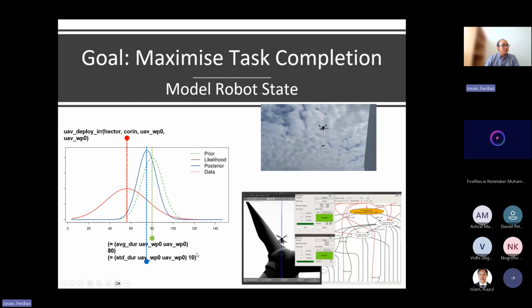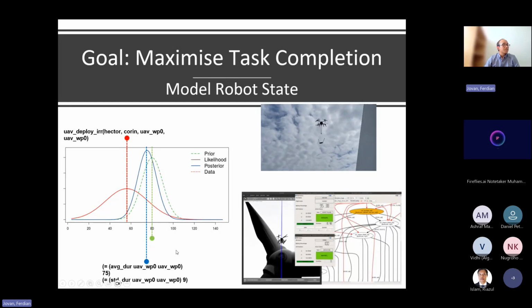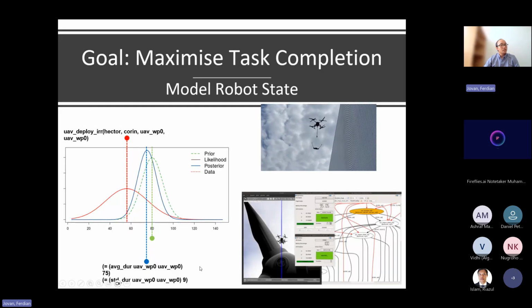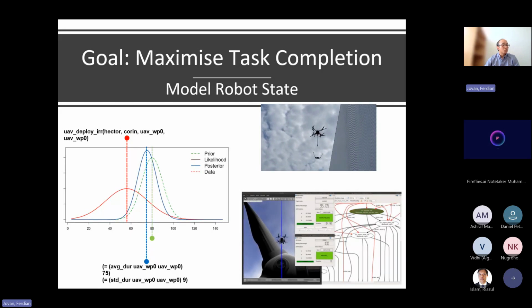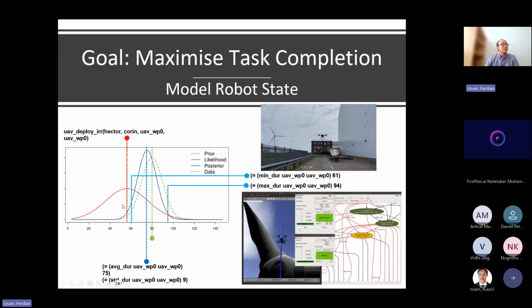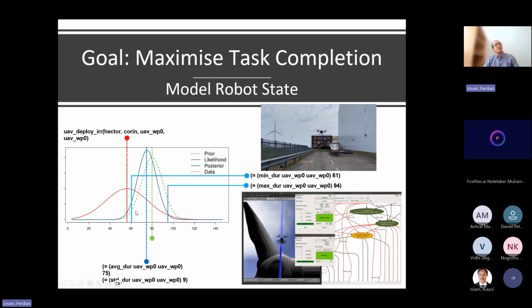Using this information, you update the distribution stored in the PDDL domain file, and then use that to update the action duration.